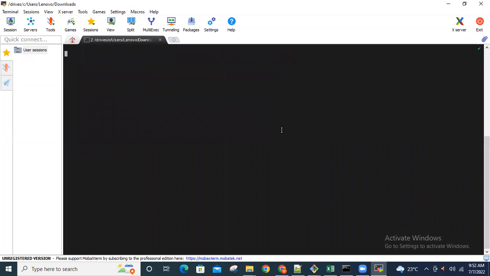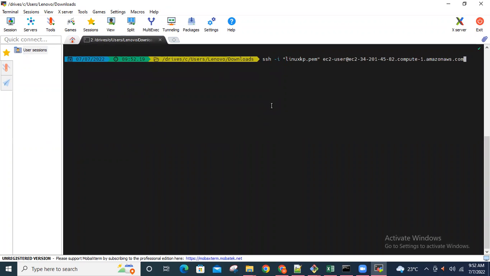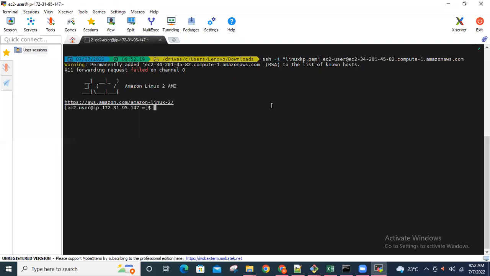Go to the PEM file location and execute this command. This is the SSH command to connect to the Linux server. So once we connect to the server,